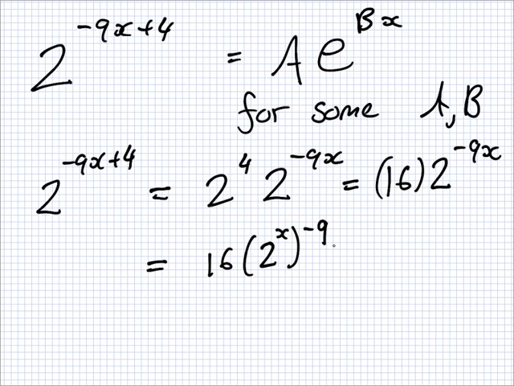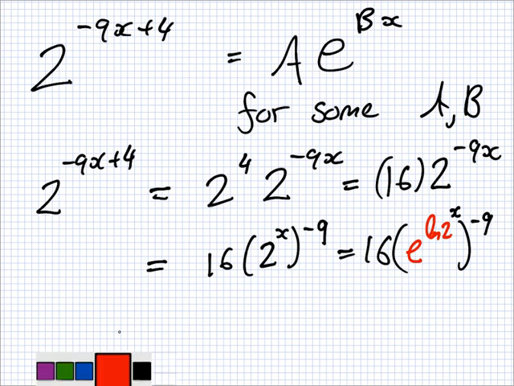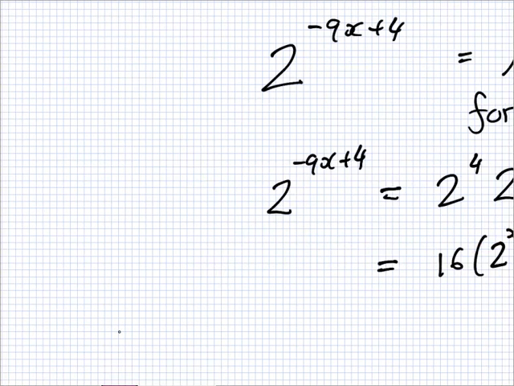Now this is where the trick comes in. The 2 power x, I'll change that into e to the power log 2, to the power x. So in other words, if I just put on the side here, just to make it a little bit clearer, 2 power x,